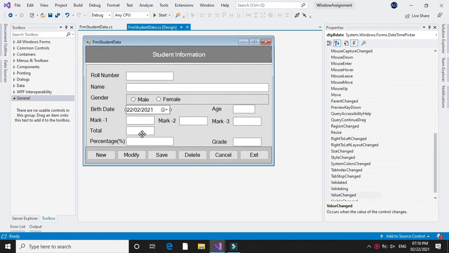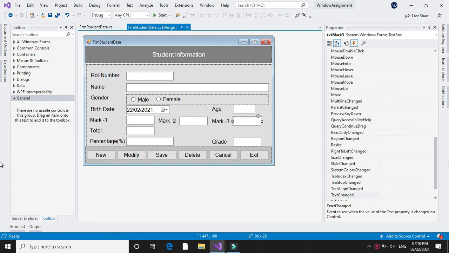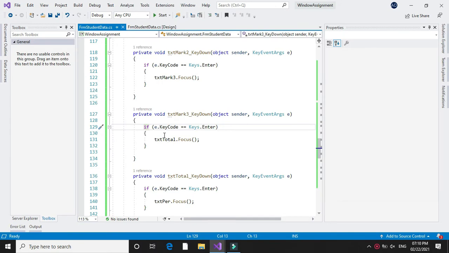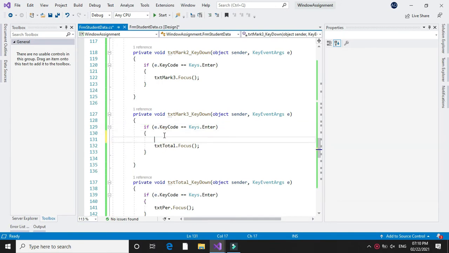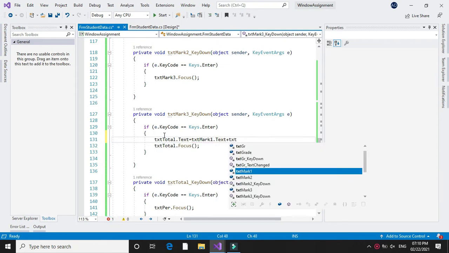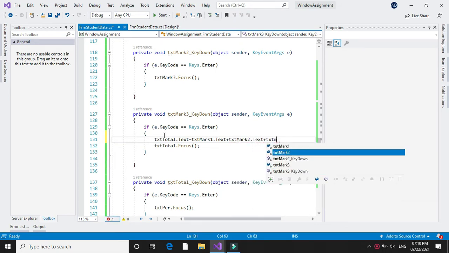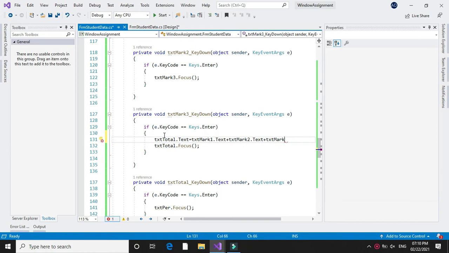Then to calculate the total of marks obtained in 3 subjects, at key down event of mark 3, before setting the focus to total, we will write txtTotal.Text equal to txtMark1.Text plus txtMark2.Text plus txtMark3.Text.